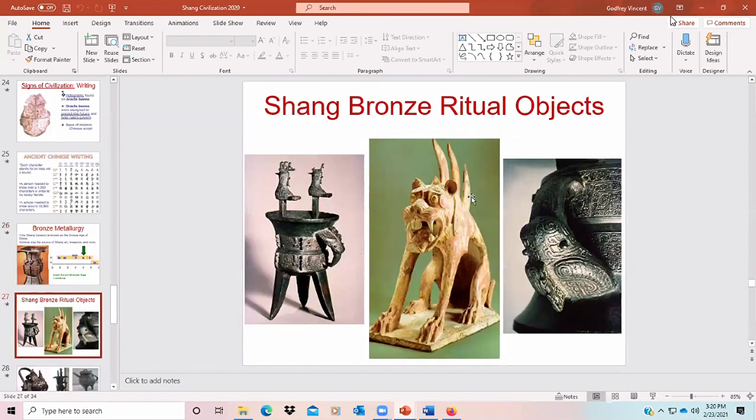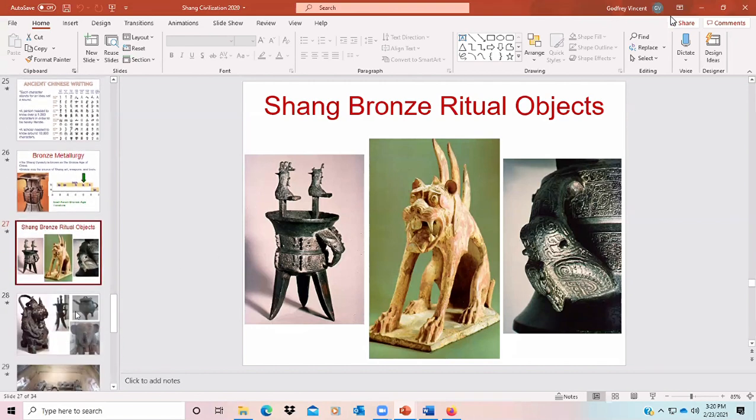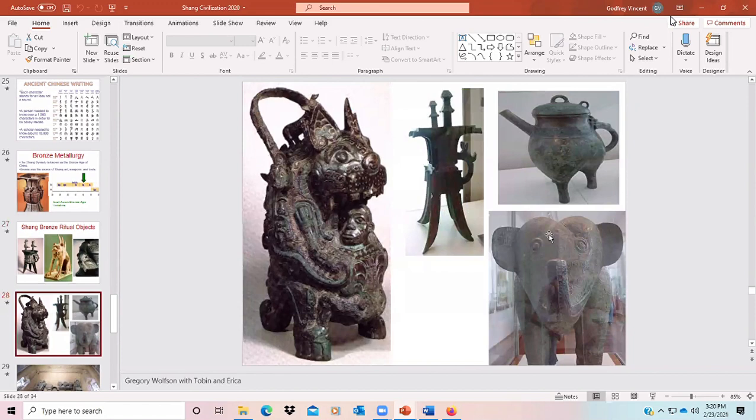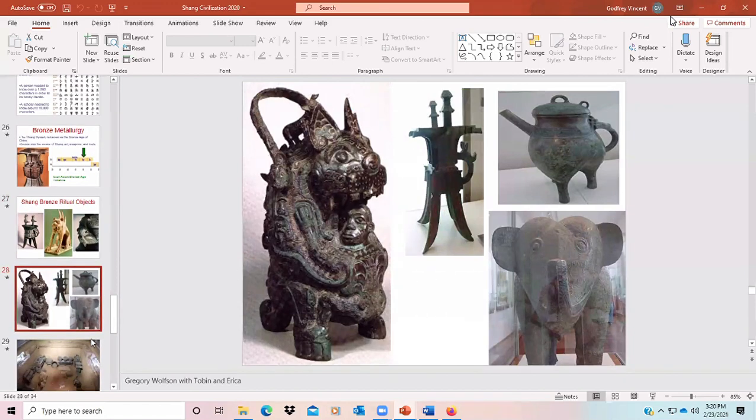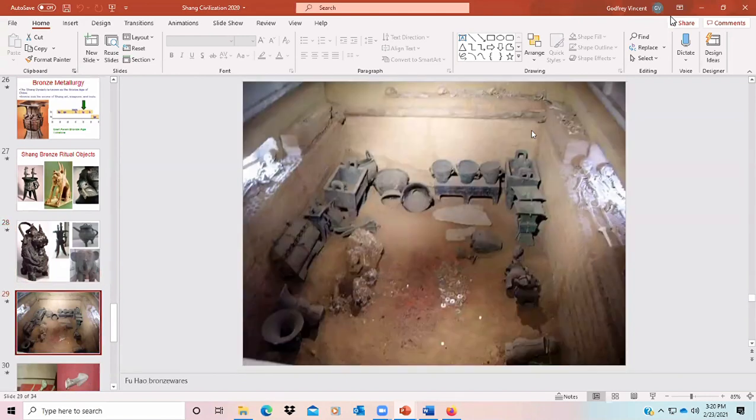And these are some of their religious objects that they used bronze to make. These are also some of their objects from bronze. When the emperor died, they found this grave. When the emperor died, they buried them with all their